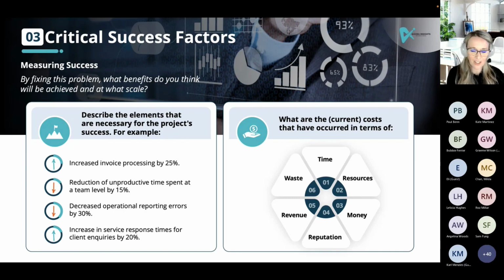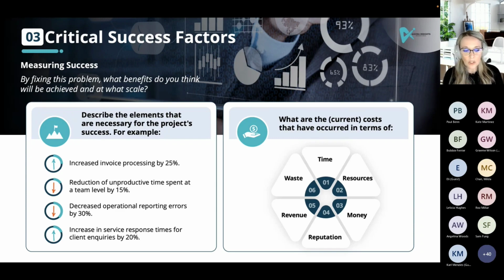I'll go back to the house. You can say you want a house, and you can say you want it to be cool, and you can say you want to have 4 bedrooms, but if you can't measure it, what are you building? How does that actually work? So these are very important components of understanding what is going to ensure that you get from the current state, or the problem, to the future state.